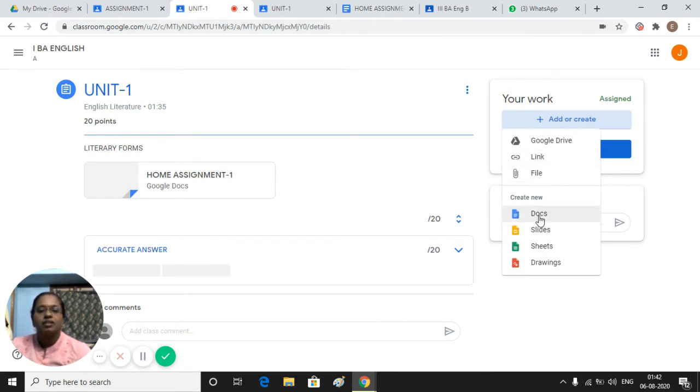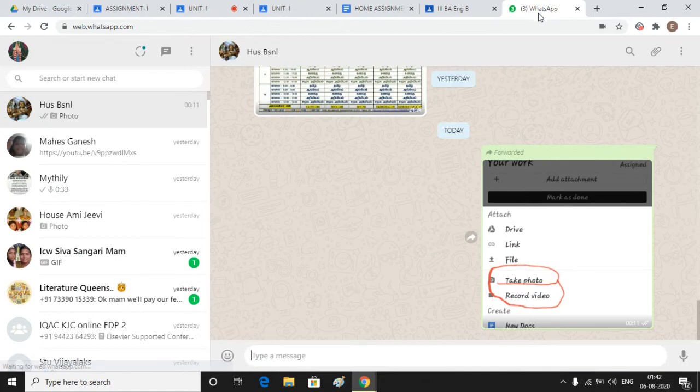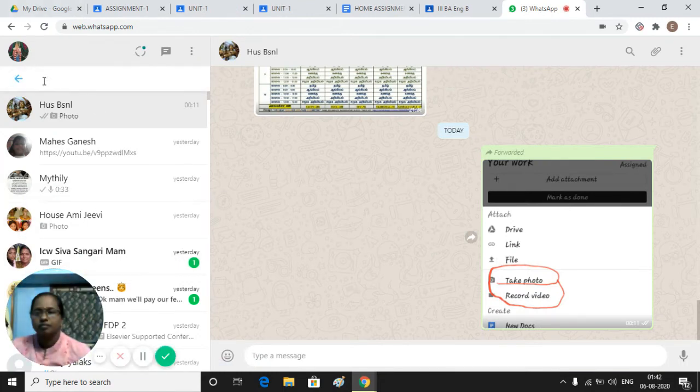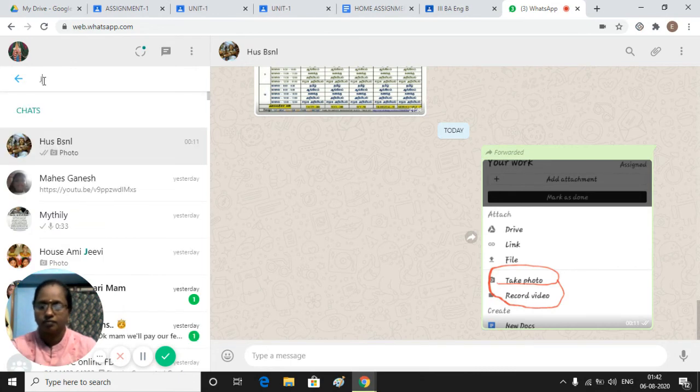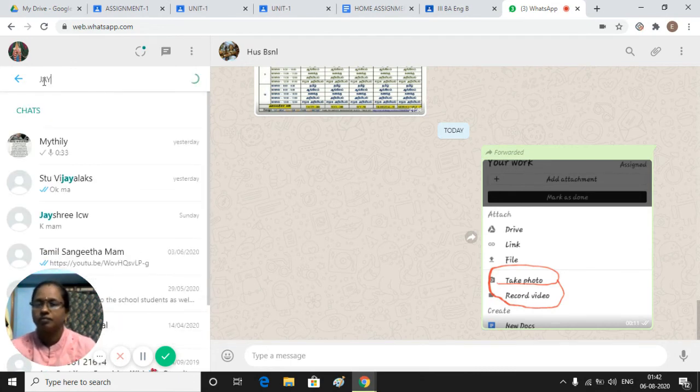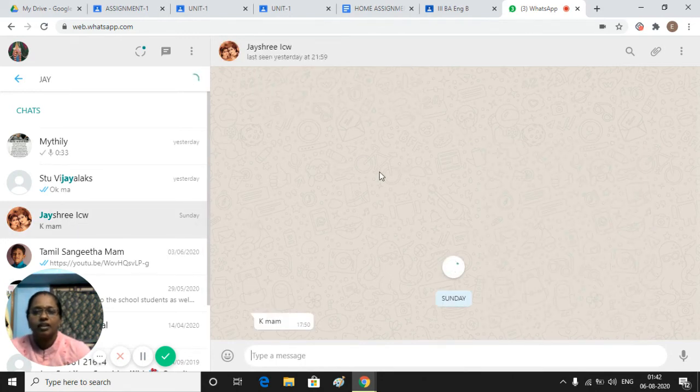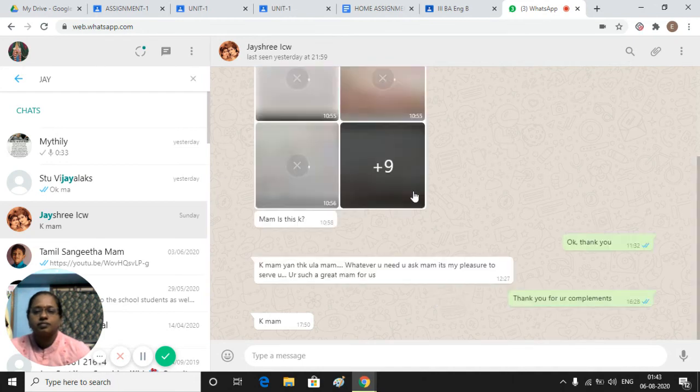In that condition, ask the students to submit the assignment through documents. If I have already taken the photo, it is in WhatsApp. Look at that and go to WhatsApp. Already I have taken the photo.